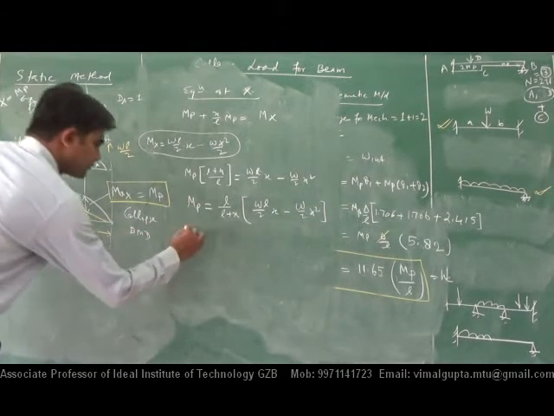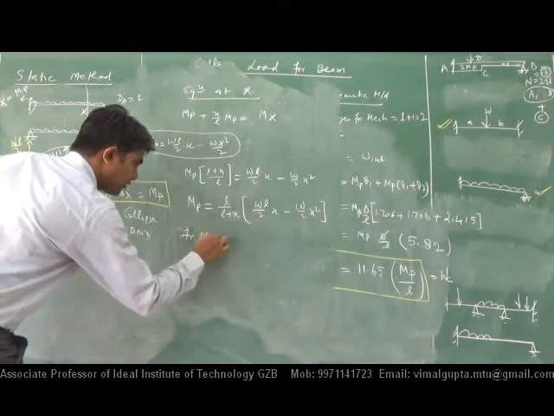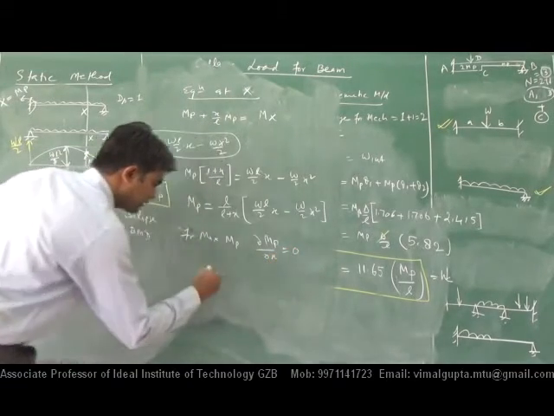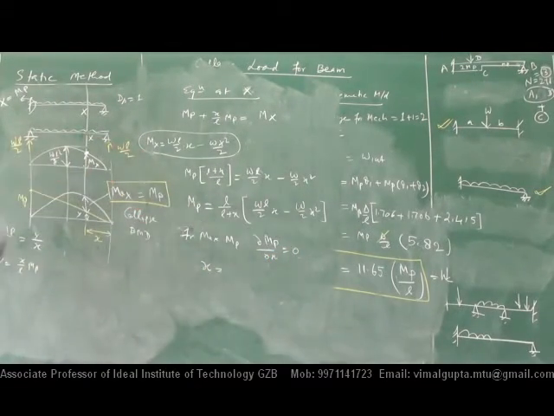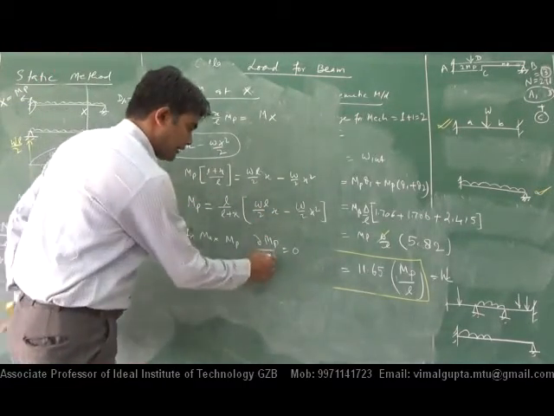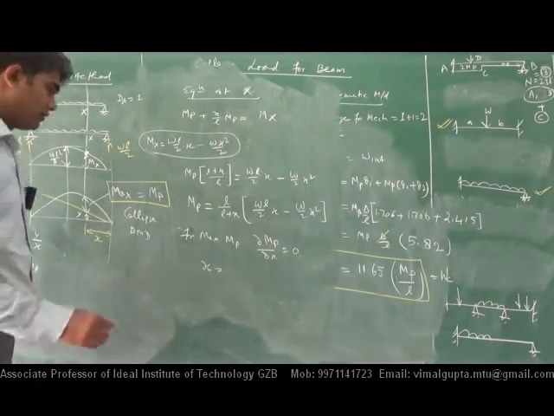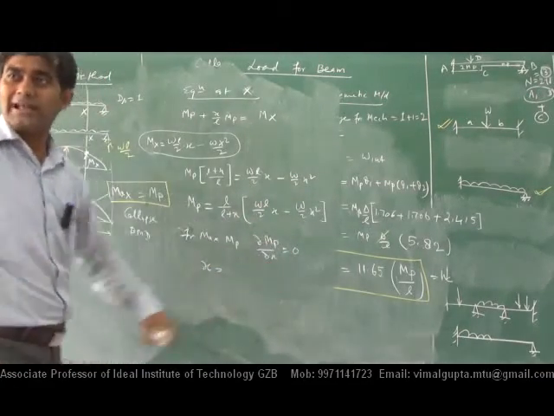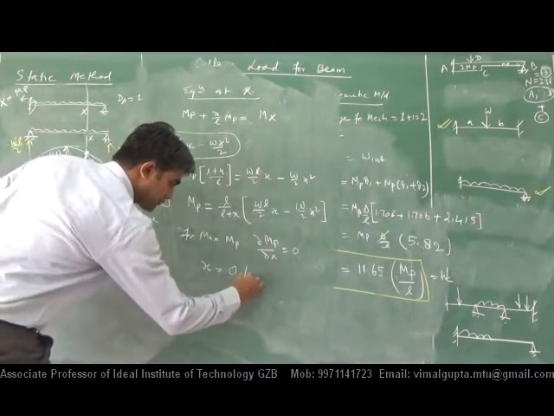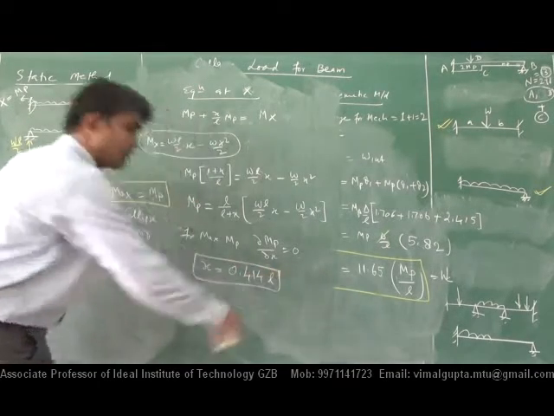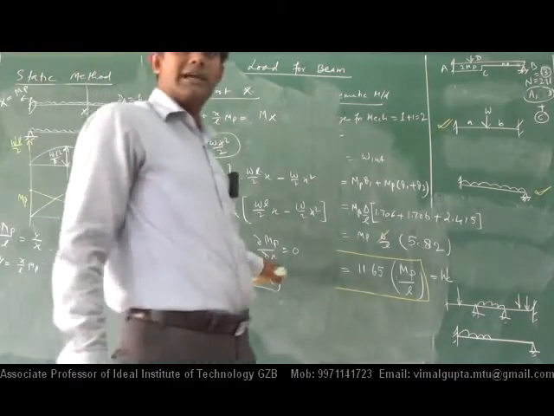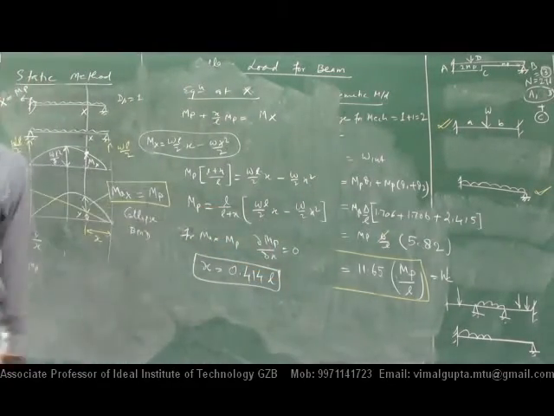now differentiate this. For maximum MP, differentiate del MP by del x as 0, then you will get, निकाल के बताओ, इसको differentiate करें with respect to x as 0, and now equate as 0, then tell me the value of x, and that value will come to be 0.414L. ओके, किया किसी ने? करो इसको इक्वेट.